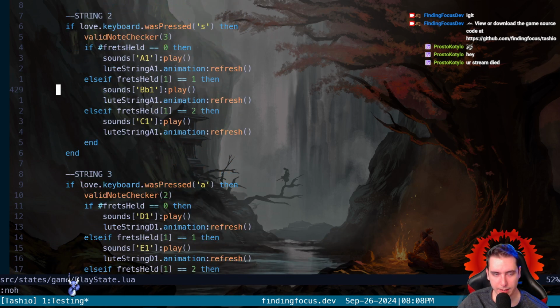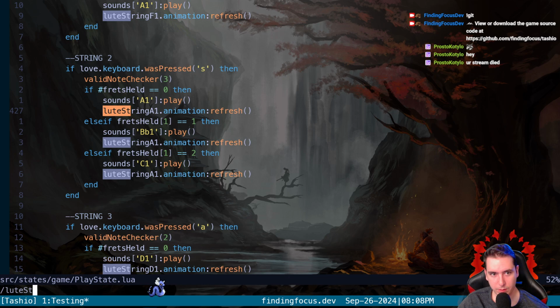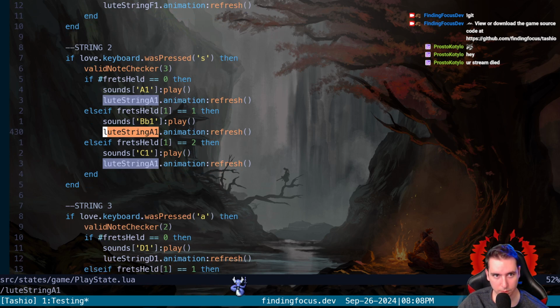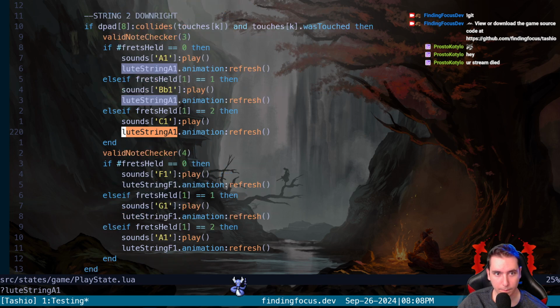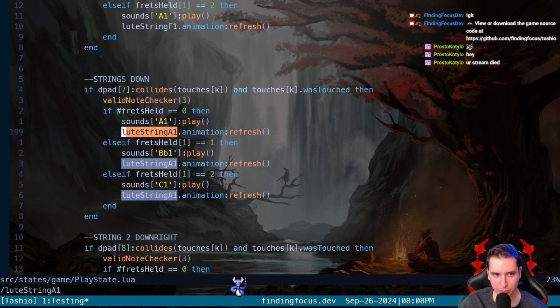So it looks like we're refreshing these Lute strings. So let's see where we import these Lute strings. As local variables. Okay, we should be able to move a bunch of this stuff into a Lute class. So the idea is we'll make a Lute state class.